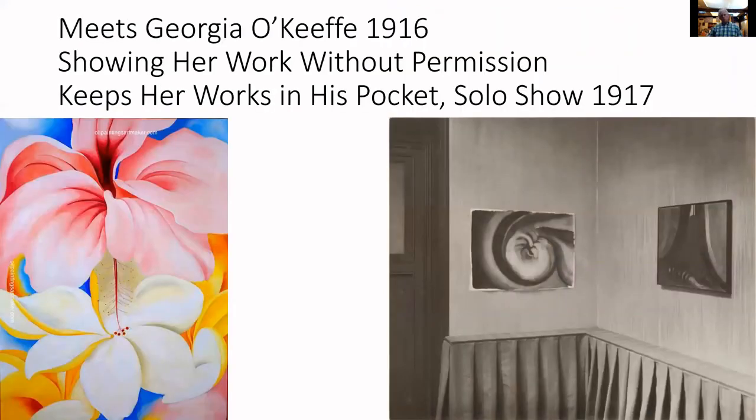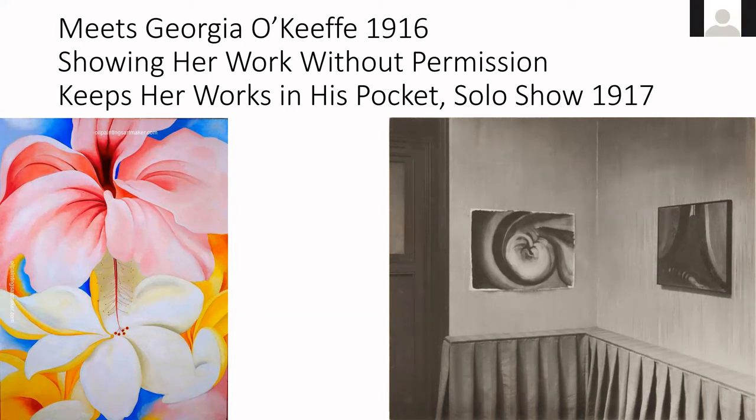So in 1916, remember, he's still married. He meets Georgia O'Keeffe, who's 20 years younger than he is. And she had been coming to the gallery, had been there a number of times before, but had never bothered to talk to Stieglitz when she was in New York, because she just wanted to look at the art. She really wasn't anything else. And so her friend sends a bunch of her drawings to Stieglitz, and without permission, he puts them up in a show with 2 other people.